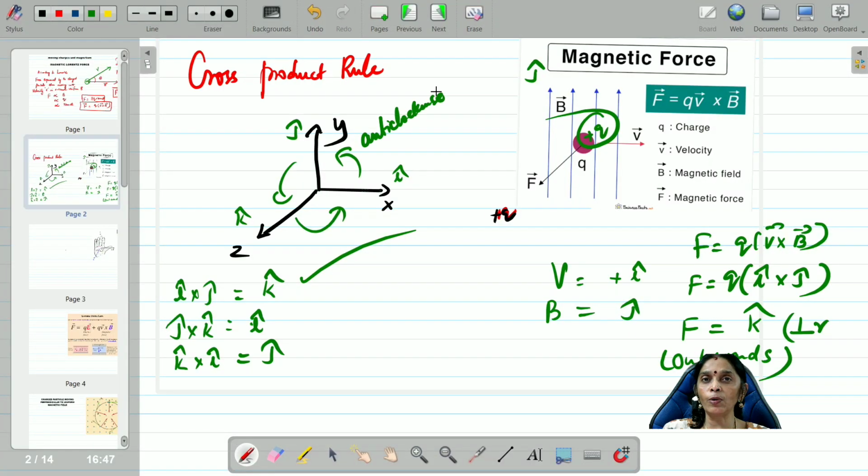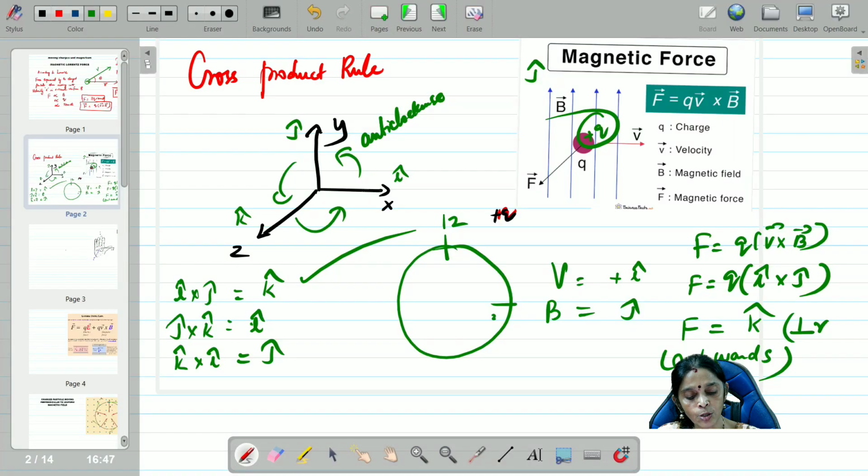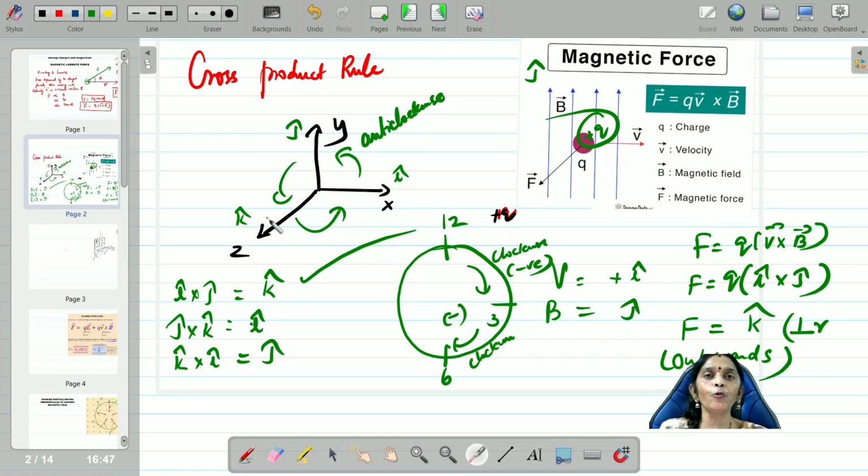Keep it in mind, anti-clockwise only positive. How do you know whether it is clockwise or anti-clockwise? When you take a clock in your house, how does it go? 12 to 3. When it goes 12 to 3, that is called clockwise. If you say clockwise, you take it as negative, and if you go anti-clockwise, take it as positive. If you go 3 to 6, that is clockwise, so take it as negative. But here you can see I am going anti-clockwise, therefore I took it as positive. Always anti-clockwise positive, clockwise negative. Same way you can do it.